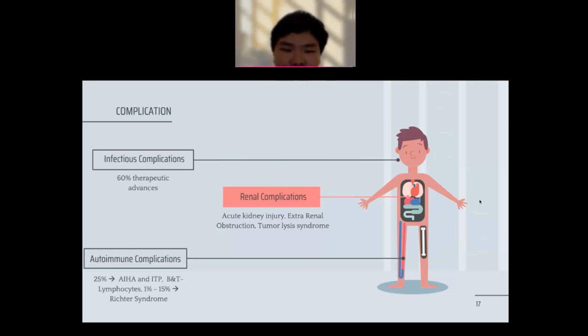Lastly, CLL can also cause several autoimmune complications. Particularly autoimmune hemolytic anemia and immune thrombocytopenia complicate up to 25% of CLL cases. These complications seem to advance in correspondence with advanced stage CLL and with poor prognostic markers. B lymphocytes and T lymphocytes are thought to be responsible for these pathogenic mechanisms, which can also cause